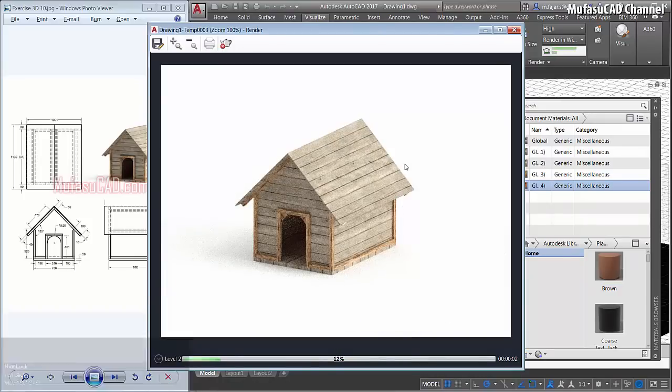Okay, waiting for the rendering until it finishes. It's about 10 levels, and you can apply more levels to get a higher quality result. Okay, until it finishes the 10 levels, and we finish the rendering.